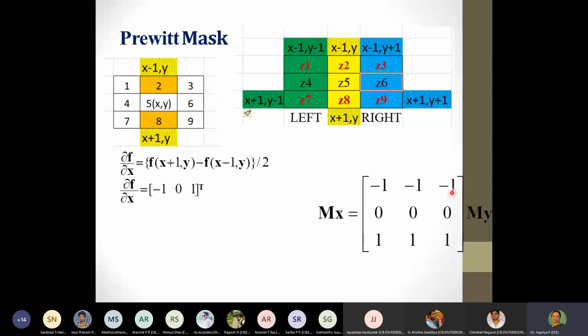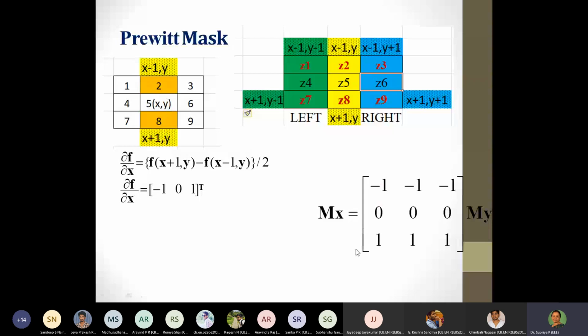So this gives you 1 minus 1. Is it okay? So this is the first mask of the Prewitt mask, which tells us that we are getting a value as, in the first row it is all minus ones, next row it is all zeros, and in the next row it is all ones. Actually, it is not to be read that way. As I mentioned, we need to read it this way because it is this versus this, and this element is not involved in the difference. We are trying to get the central difference, which is going to be this particular value.